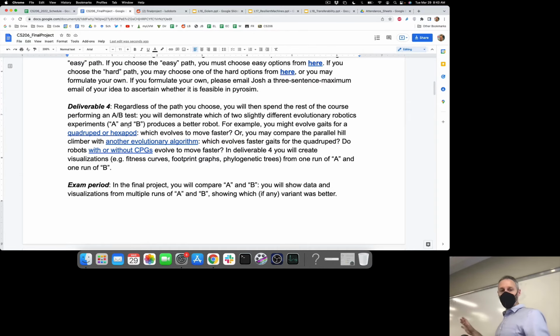You're going to take your code base at the end of the 3rd week and create 2 variations of that code base using 2 branches in GitHub. And those 2 variations, or those 2 variants of your code, are going to become A and B. You're going to do multiple independent evolutionary runs of A and B, and then compare the performance of those 2 algorithm variants. Did A produce a better robot, or did B produce a better robot, or was there no appreciable